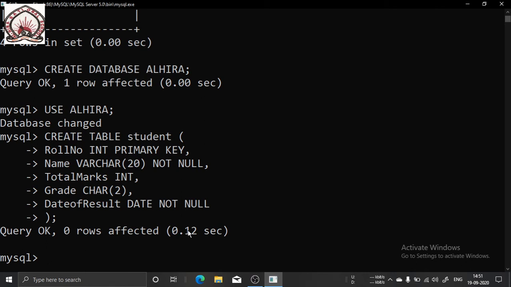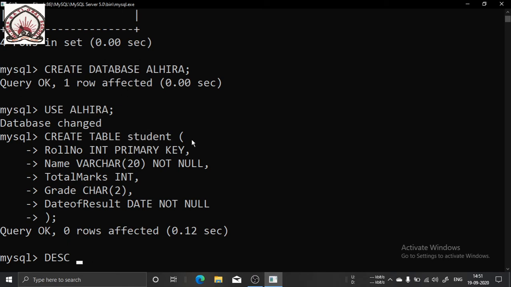Now let us see the structure of the table. The syntax to see the structure of the table is DESC table name. My table name is what? You can see my database name is Alhira, but my table name is Student.